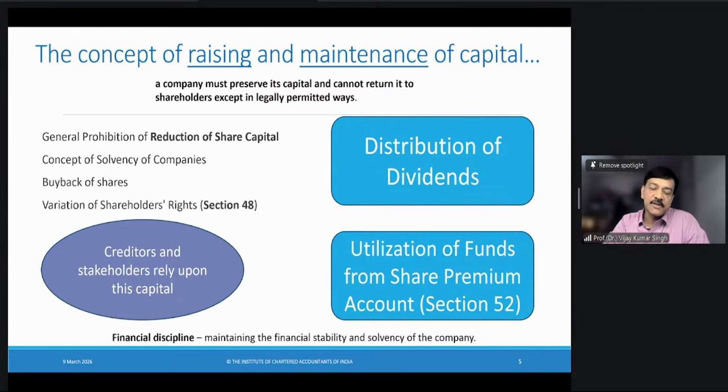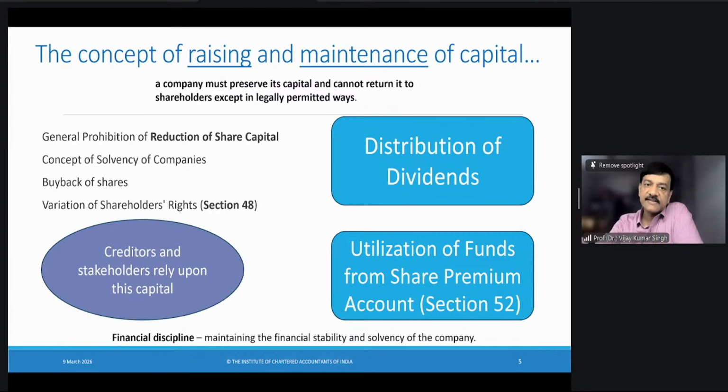What is reduction of share capital? Reduction of share capital is when you want to reduce the share capital. What you will do is sell off, or buy back your own shares from the market, and then reduce or cancel the shares. Now, this is going to affect the rights of existing people. Let us examine that there is a creditor who looked at your 100 crore which you declared as capital, and he has invested in your company on the basis of that 100 crore. And tomorrow that is only 80 crores. So basically that will be defrauding that particular creditor who has reposed upon your capital.